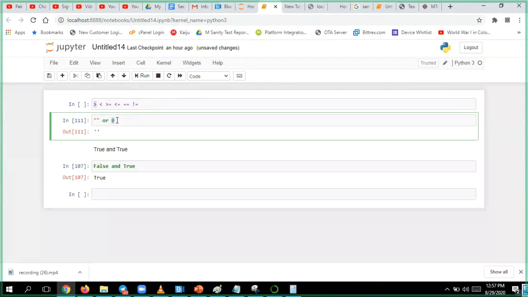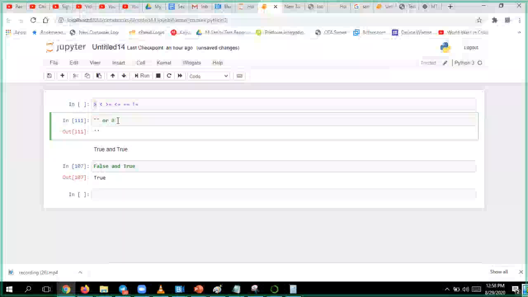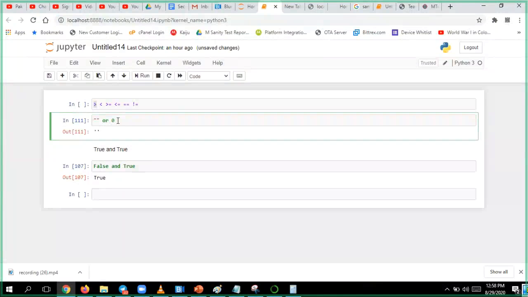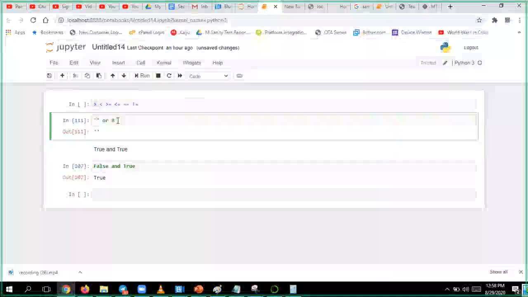Now what will I get as the result? You tell me whether I'll get the empty string or 0 as output. Apply the logic. Zero. Perfect. Because first it will check here, it fails, so it will go here. Or means any one of these two; if the first step fails, it still has the next option.